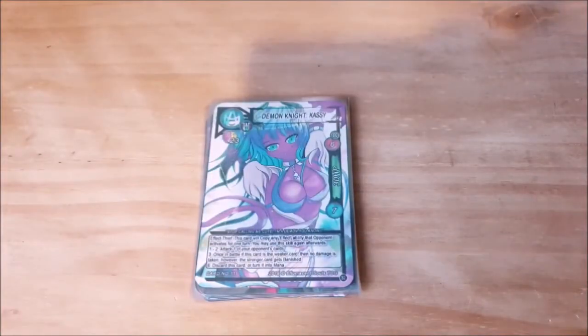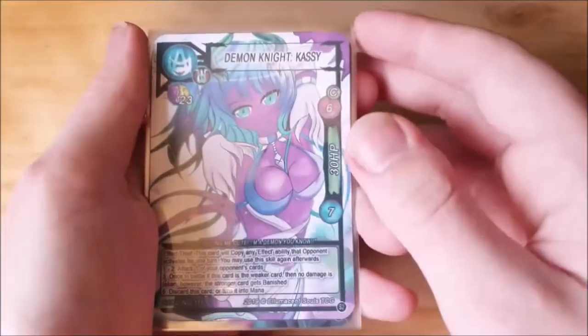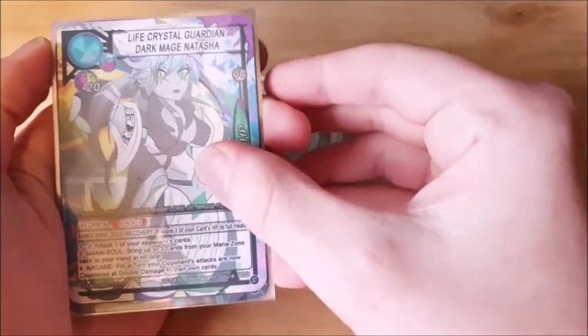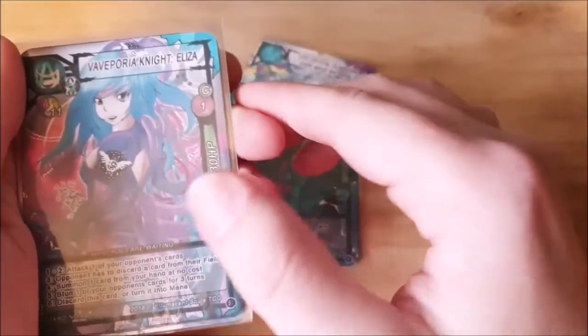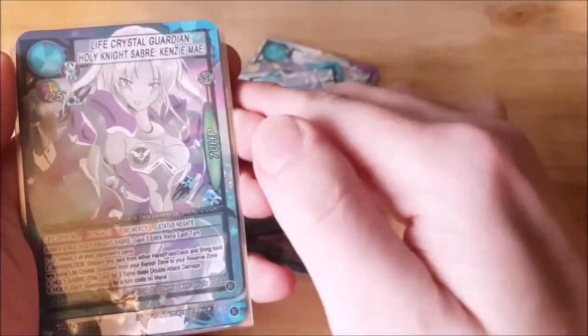So what we're going to do now is take a quick look at these cards that have been printed with the fronts and the backs on one piece of card. We've got my Demon Knight Cassie, my Light Crystal Guardian Dark Mage Natasha, my Ellumacent Knight Amicus, Vaporeon Knight Eliza, Light Crystal Guardian Holy Knight Saber Kenzime,